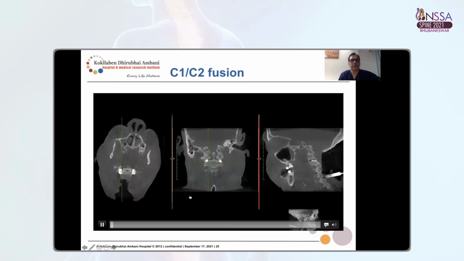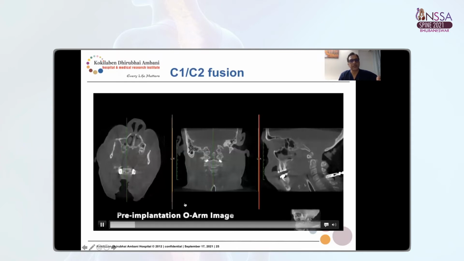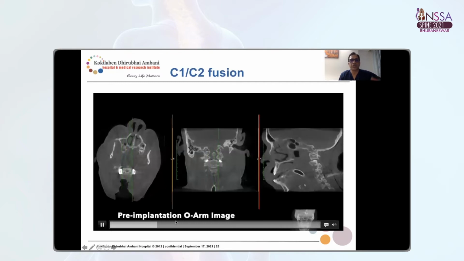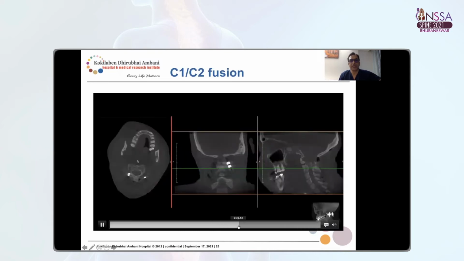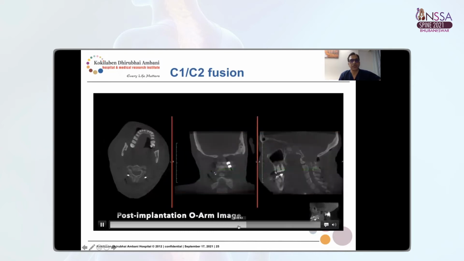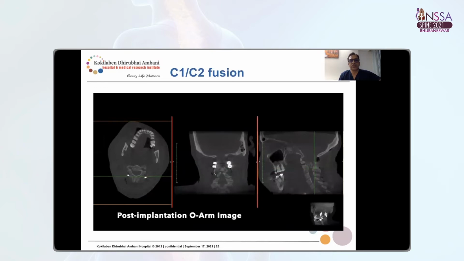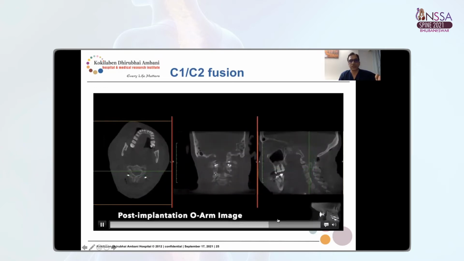and put in. So here's a patient who had a C1, C2 fusion. I put spacers in between C1, C2. After that, I did another imaging to see exactly whether the spacers are in proper position, and used this imaging to put the screws into C1 and C2. And this is the imaging done after putting the screws into C1 and C2 to see whether the screws are in proper position. In fact, I put the screws in using navigation here.